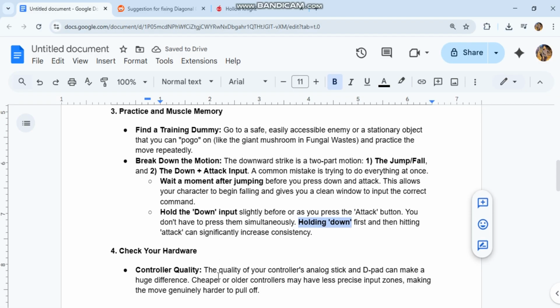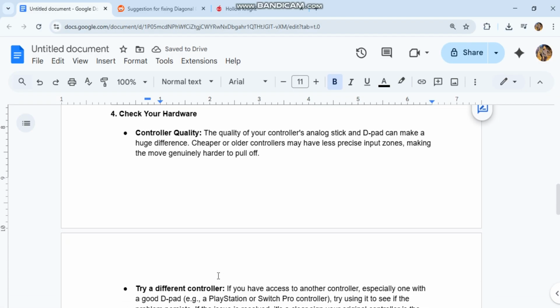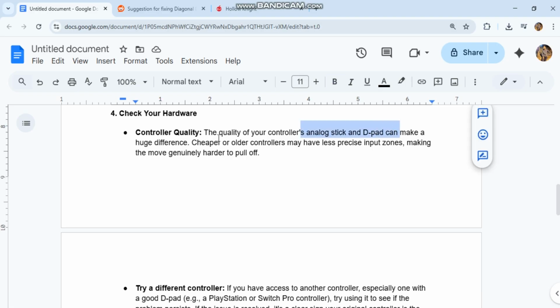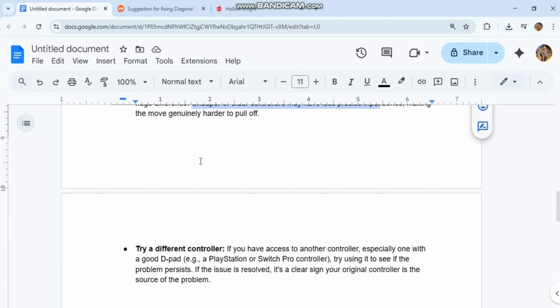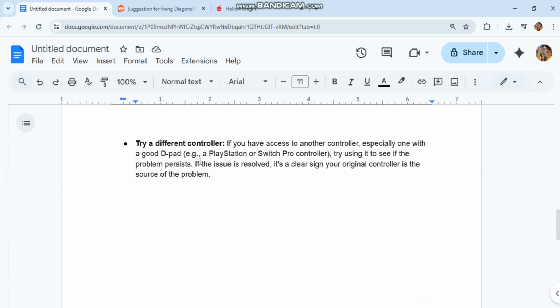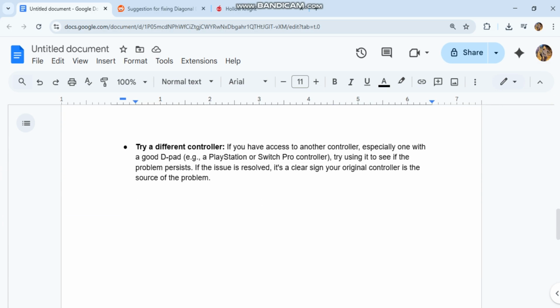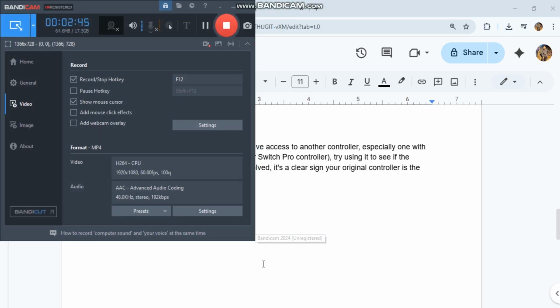4. Check your hardware. Controller quality. The quality of your controller's analog stick and D-pad can make a huge difference. Cheaper or older controllers may have less precise input zones, making the move genuinely harder to pull off. Try a different controller. If you have access to another controller, especially one with a good D-pad, e.g., a PlayStation or Switch Pro controller,